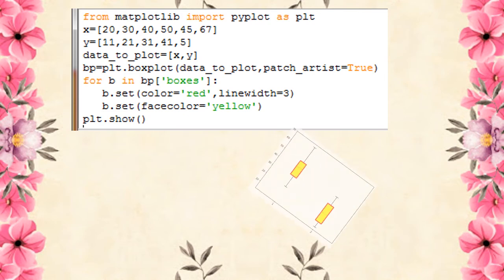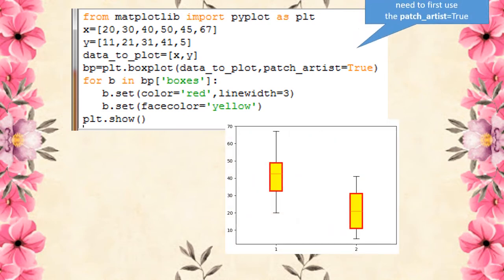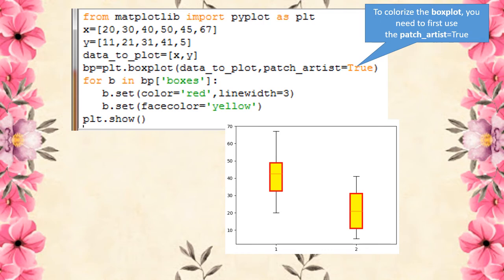And then, as I already told, patch_artist equal to true means we can colorize the box, whisker, cap properties, everything. So before that we have to give patch_artist. The box plot will be assigned to the variable pp. From the pp variable we can get the list, so the entire box plot will be assigned to pp. If we only want to set color in the boxes, the rectangles in the box plot graph, we have to retrieve pp of square bracket boxes, then only it extracts the boxes from the entire graph.